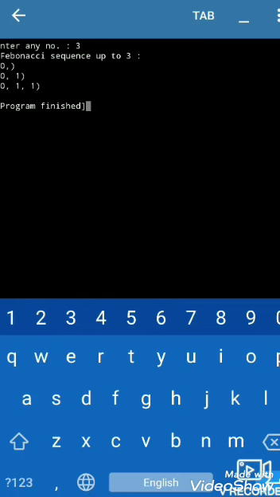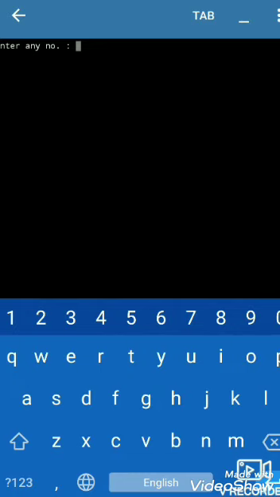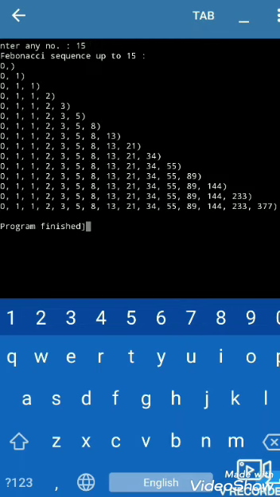And if we run the program and enter the number of terms for the Fibonacci series as 15, it shows the Fibonacci series up to 15.